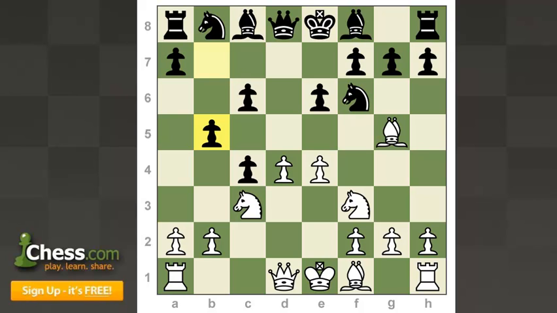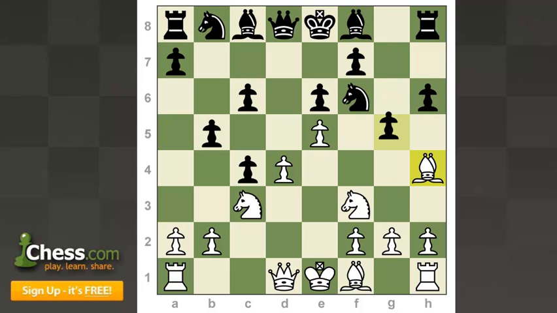But the problem with this line is that white can play e5. So they're threatening to win this pinned knight. Black really only has one option here, which is to play h6, counterattacking the bishop, bishop h4, keeping the pin, and g5. And a lot of games have gone this way because all the moves have been very natural after